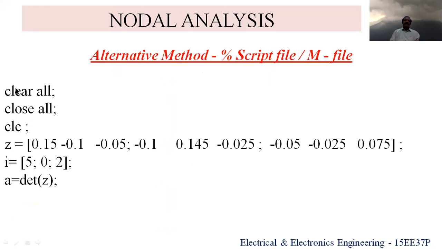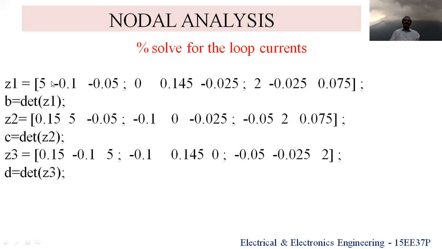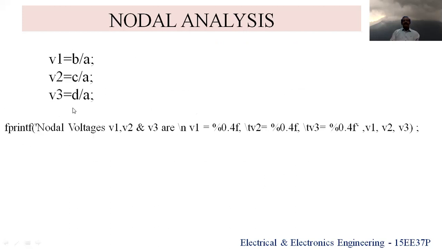Here we have the same thing, but I have taken the determinant that I explained before. It is considered to be A. Similarly, for Z1 I have replaced V1 with 5, 0, 2, which I will take as B, and here C is with the replacement of the middle column with 5, 0, 2, and for Z3 I replace V3 by 5, 0, 2 here. Now I have taken the determinants. So the equation that we will calculate in the class is V1 is equal to B by A, V2 is equal to C by A, V3 is equal to D by A.